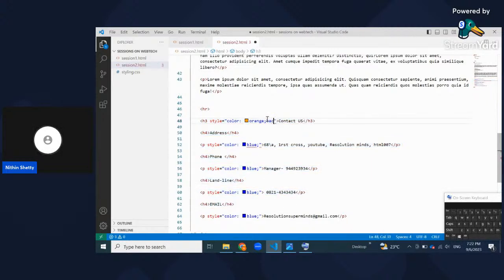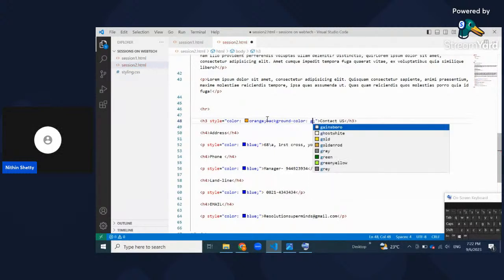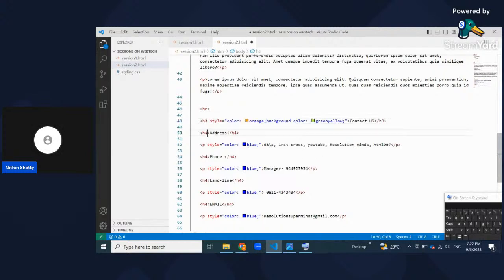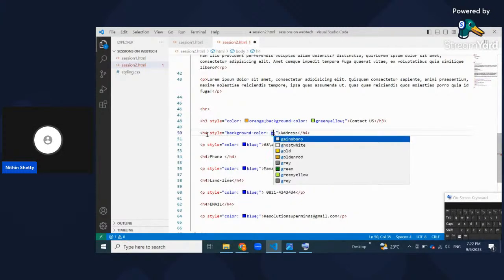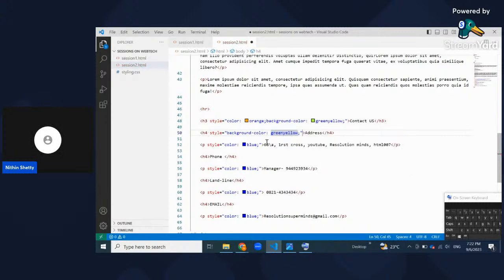So I will say background color green, and H4 also should be having a background color green. P also should be having a background color green. Okay, so I will save, and if I look at my output here,